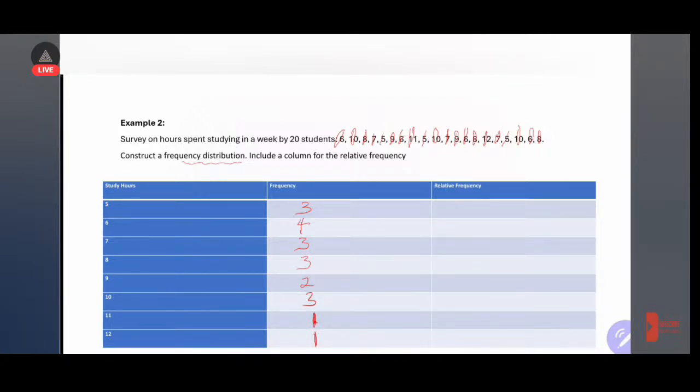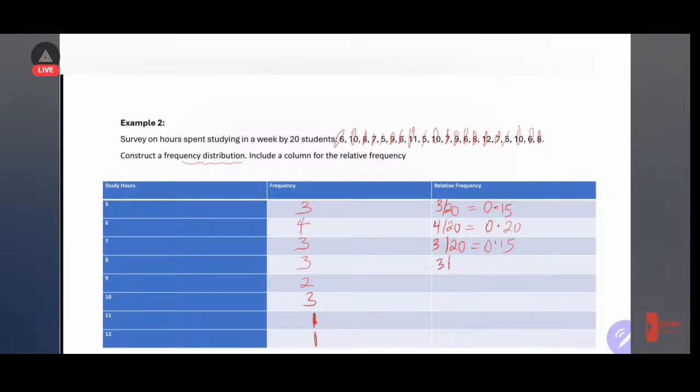So this is the total of what we have. If you add this up, you should get 20. Then how do we get the relative frequency? Using the same method, the same approach. Here we have 3 divided by 20. This should give 0.15. Here we have 4 divided by 20. Here we have 0.20. Here we have 3 divided by 20,